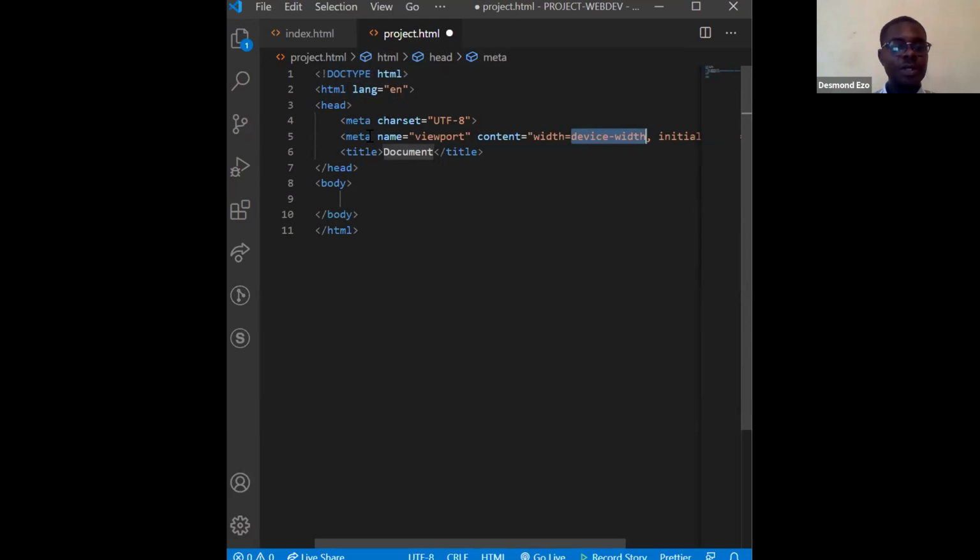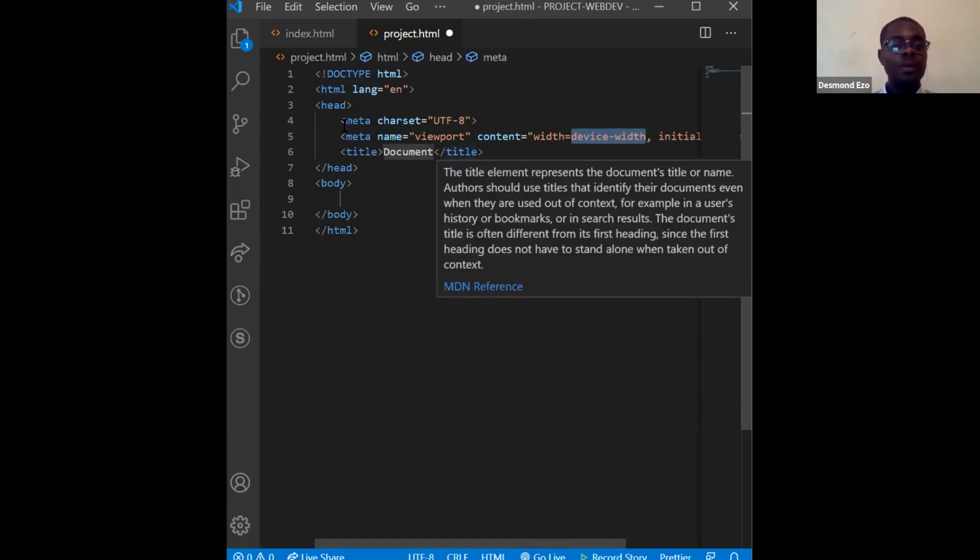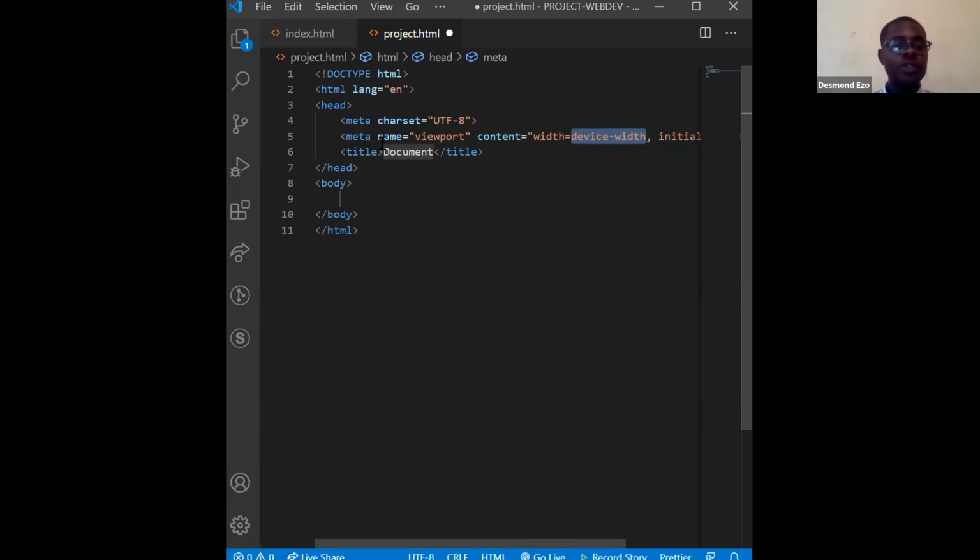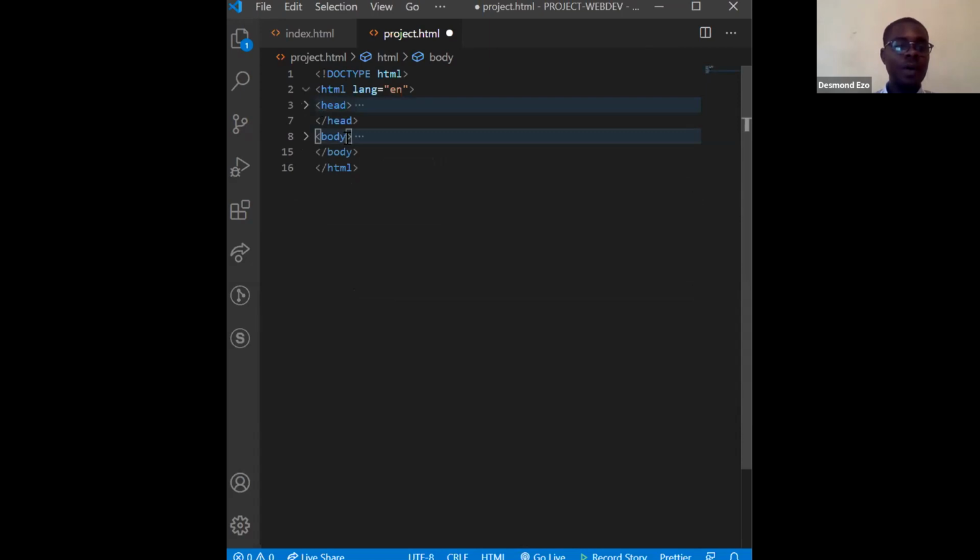This is the head section of the HTML document. Anything that goes here is never displayed on the web page, but provides additional information about that web page. While everything that is going to be displayed on the web page goes inside the body tag. So the body tag, open and closing tag. Everything that we're going to be doing will be inside of the body tag and inside of the head tag. So these are the two major tags.